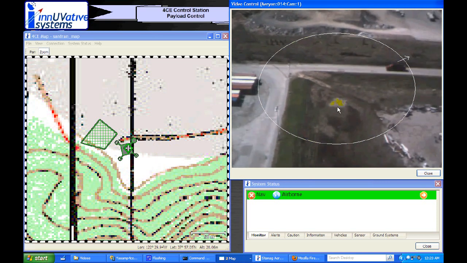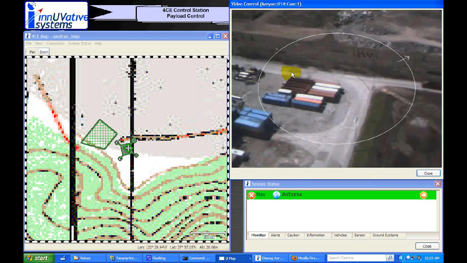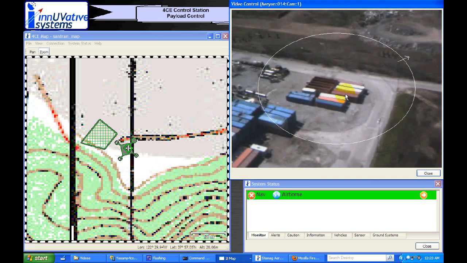So the video actually becomes a control interface, not just a status. I can do my measurements in here. I can control it. I can pull. I can direct it to where I want it to go, and the video becomes a